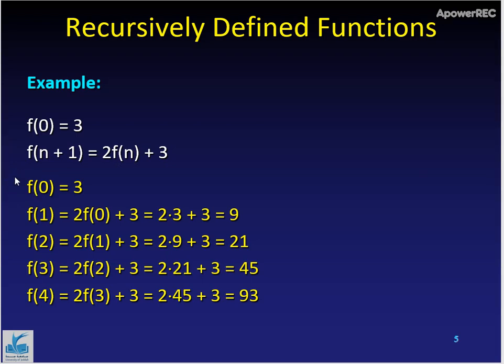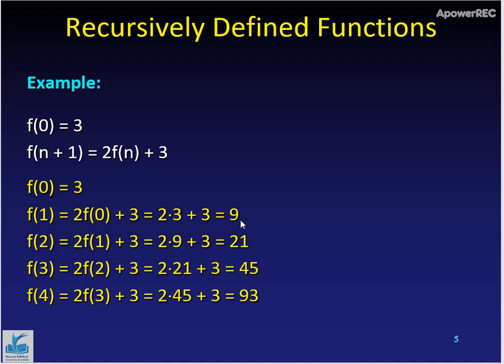Now the idea is that we are given the value of the function at n equals 0 already, but for all other values we may have to consult a previous value. For example, to compute f, the value of the function at n equals 1, we double the previous value, which was 3, and then add 3 on top of it according to this formula. So we have 2 times 3 plus 3, which is equal to 9 as the value of the function at